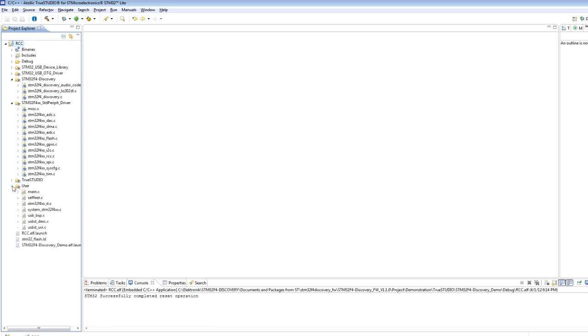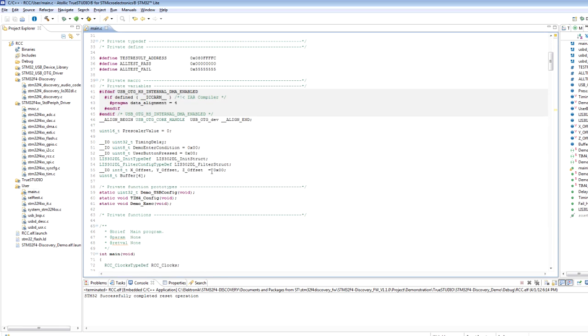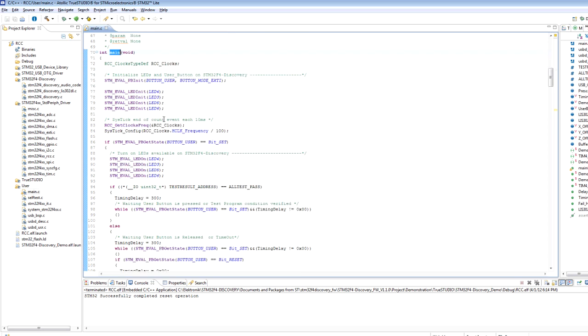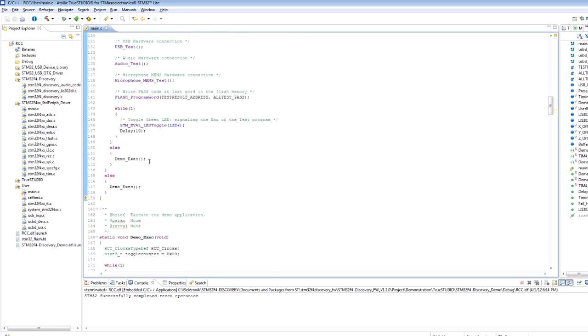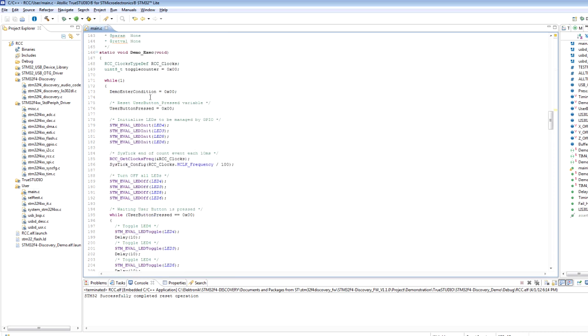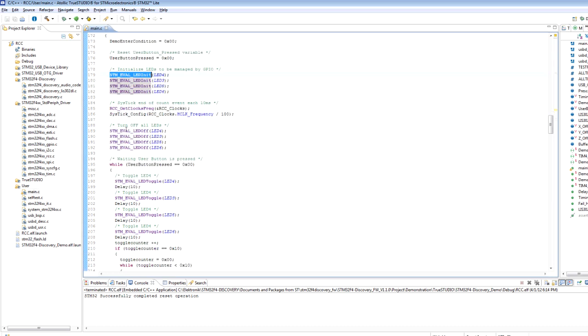Now let's open the main.c file, which is the main project file, the main code file. In here we'll find the main routine, which is run at the initialization, at the startup. And if we go to the bottom, we will find the demo exec, which is the demo we see on the board. In here, you'll notice the STM libraries coming in: STM eval, LED init, and LED off,